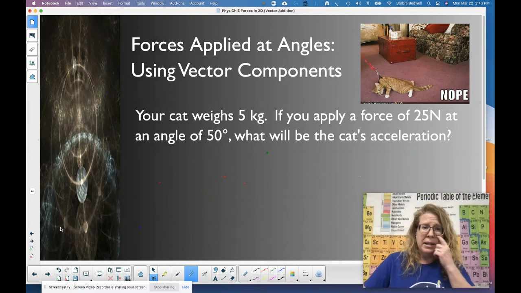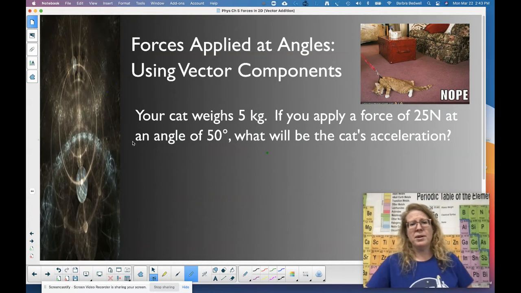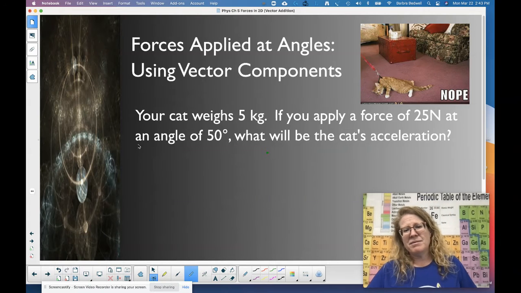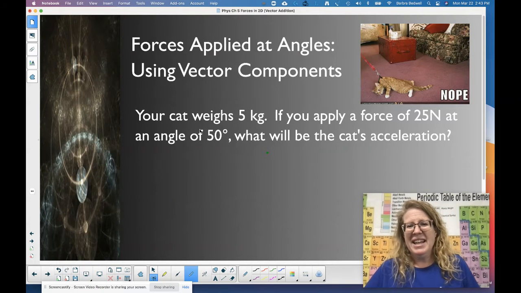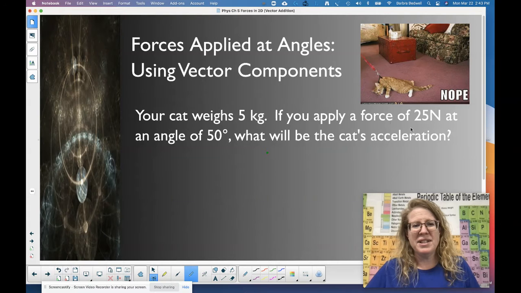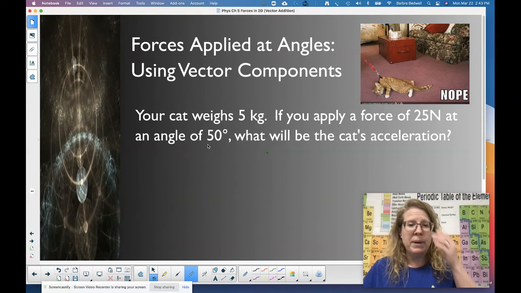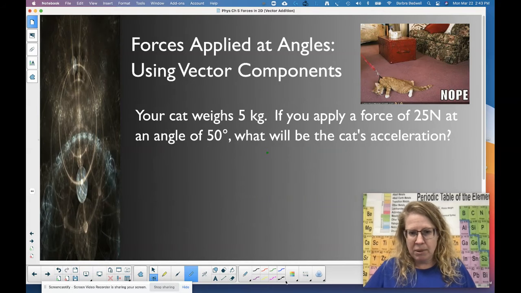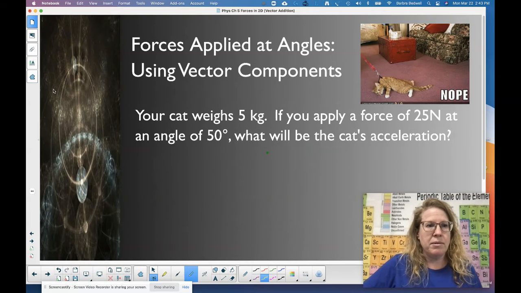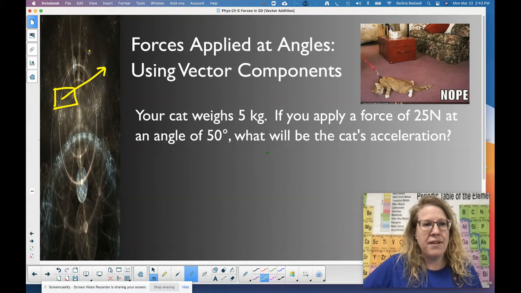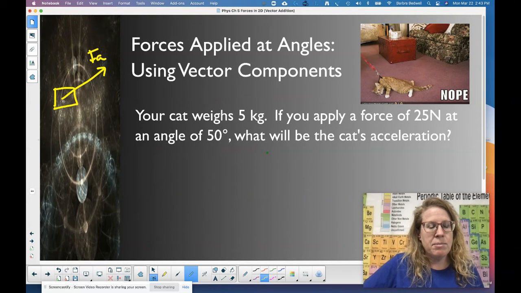All right, so let's take a look at what we've got going on here. Same cat, well, different cat in the picture, but same idea. You apply a force of 25 newtons at an angle of 50 degrees, the same one that we did before. What will be the cat's acceleration? So I'm going to quickly resketch my little drawing here. Again, here's my cat. Here's my applied force, Fa, right? Here is my Fax